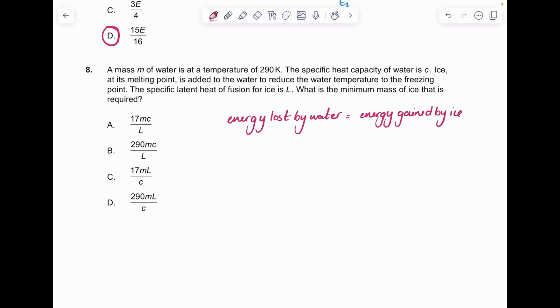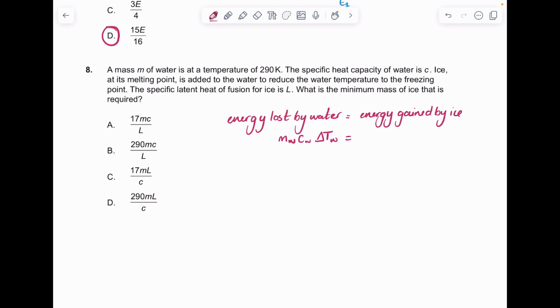So the water is just cooling down, it's not changing state, so that is specific heat capacity, so the mass of the water, C for the water, delta T for the water is equal to, and then the ice is